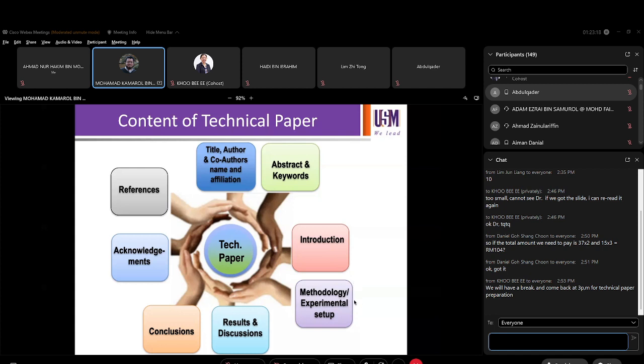So this is one of the important parts. The discussion and the result should be technical, and the discussion should also have a scientific point of view on the discussion of your technical paper or your project title. And finally is the conclusions. The conclusion normally is always